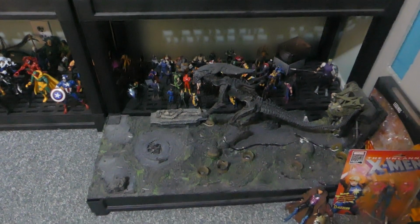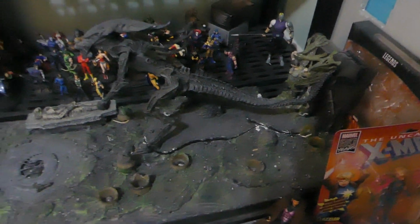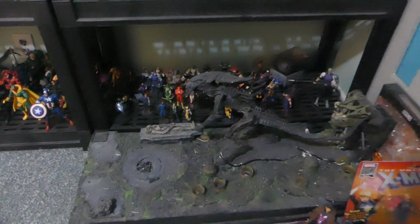I had a Predator display that I used to have, which was really cool with this Queen. And I did this custom hive, which is kind of neat. But again, I don't really have room for it right now. I've got some mint on card Legends over here. I've got that